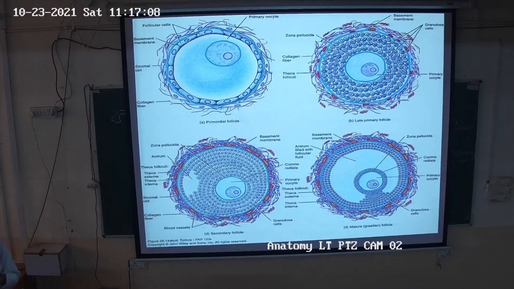Okay, at the time of ovulation, in the true sense it is not an ovum, it is the secondary oocyte arrested at metaphase stage. This is completed when there is fertilization between the sperm and the ovum. Then it undergoes the complete meiotic division and forms the egg or ovum. So it completes its division. If fertilization does not occur, then it dies off within 24 hours and is given off from the uterus into the vagina.